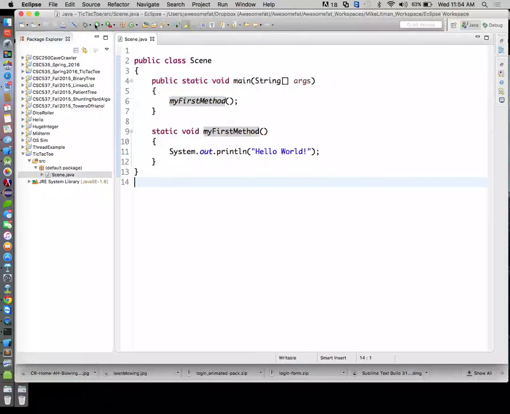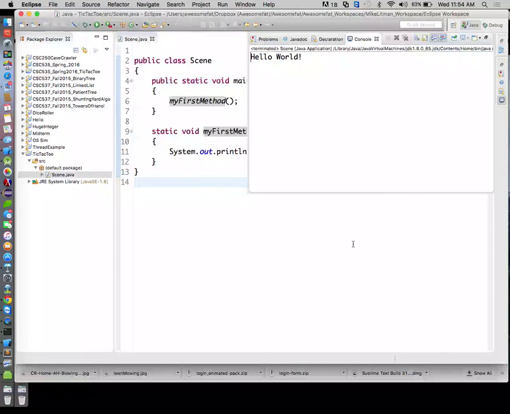And then when you run it, you'll get something that looks like this. So what I want you to do is give me a screenshot of your Eclipse working. That way I know you have that working, and we're going to spend the next several classes doing some back and forth. Questions, comments, concerns,